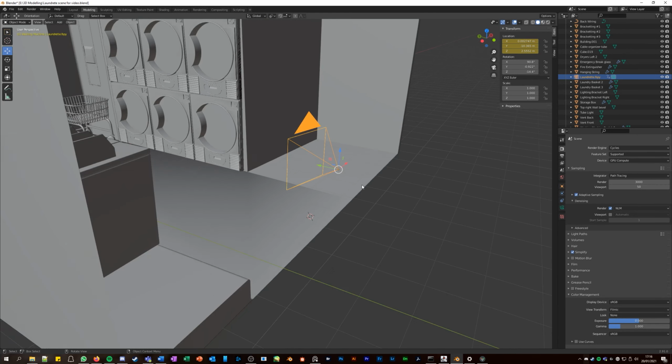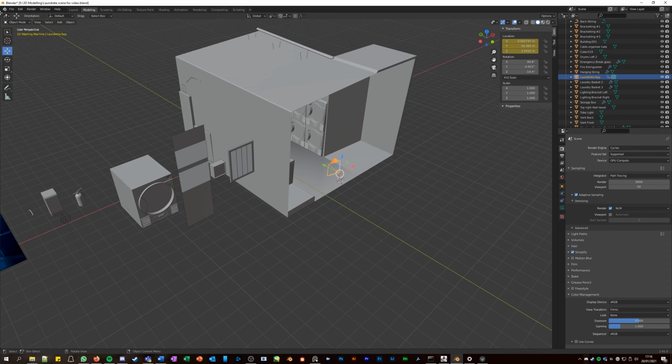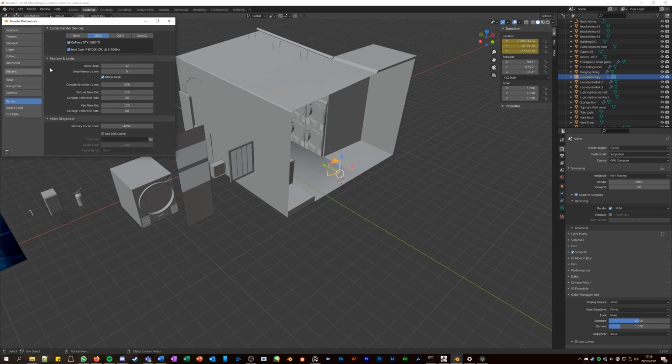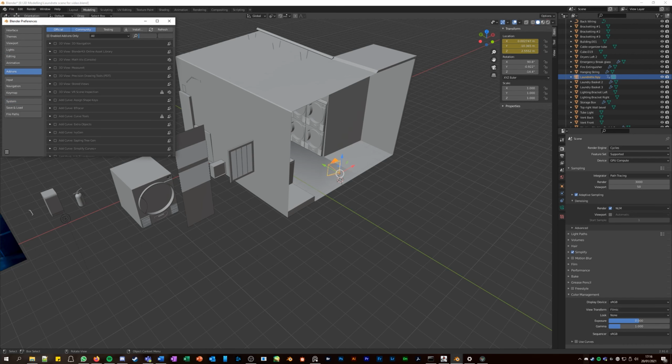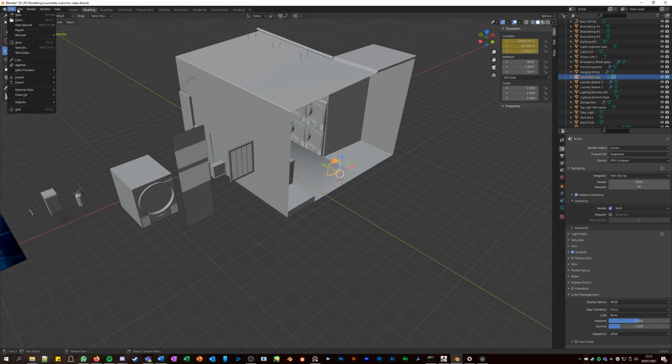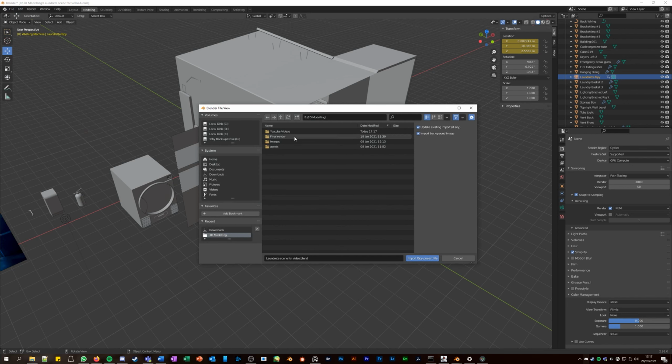This camera is placed, if I go to import, I'll import it again. Oh, I don't have it added on yet, so I need to go to Preferences, Add-ons, and go to FSpy. Click that, and go back to Import. That's f.fspy. And then you can go to the file,